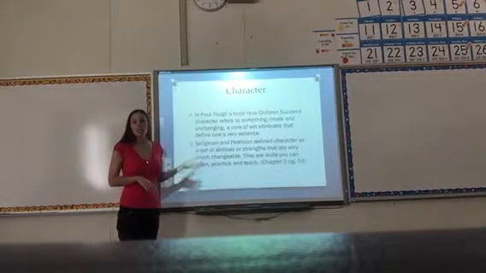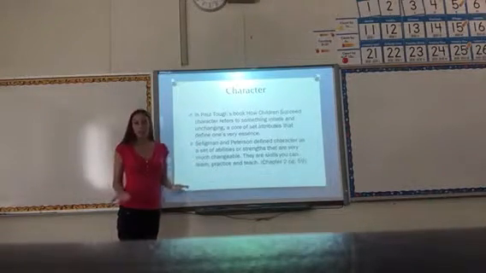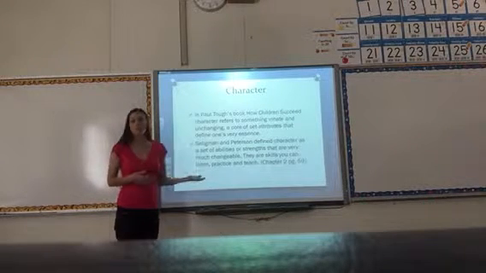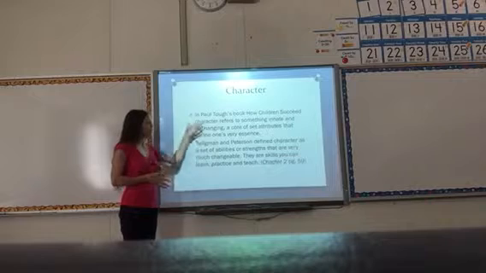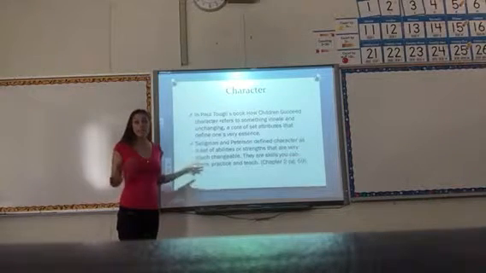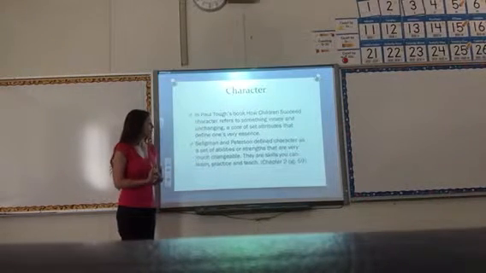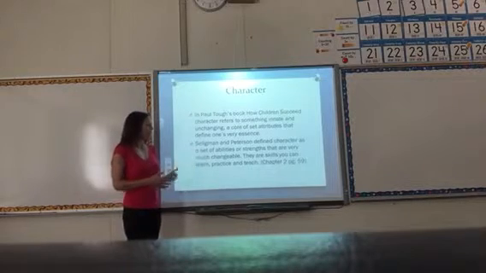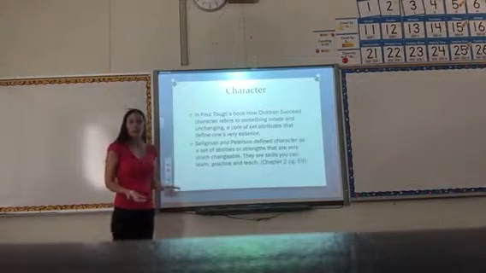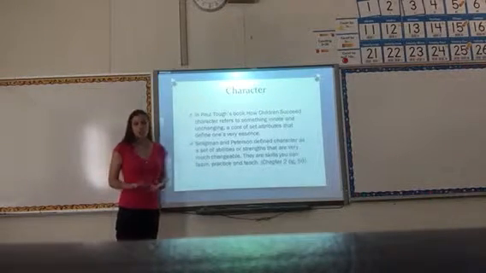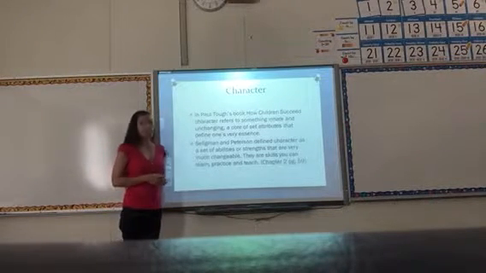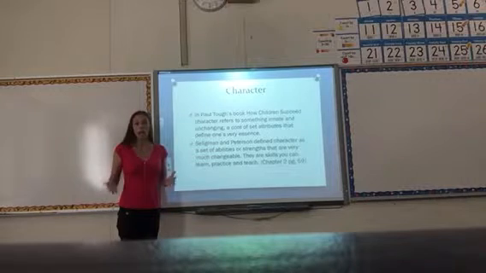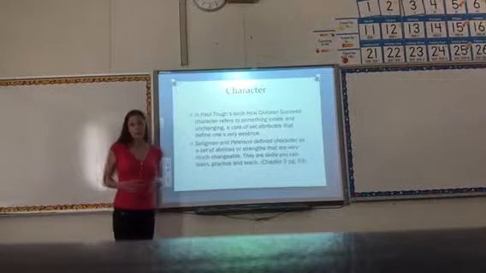So there are different views on what character is. If you talk to somebody different, it might be a different opinion of what it is. As you can see, these are 2 very different ideas. I tend to agree with the second one, that you can learn them, practice them, and teach them to your students in your classroom. And it can help them in their entire life become a better person.